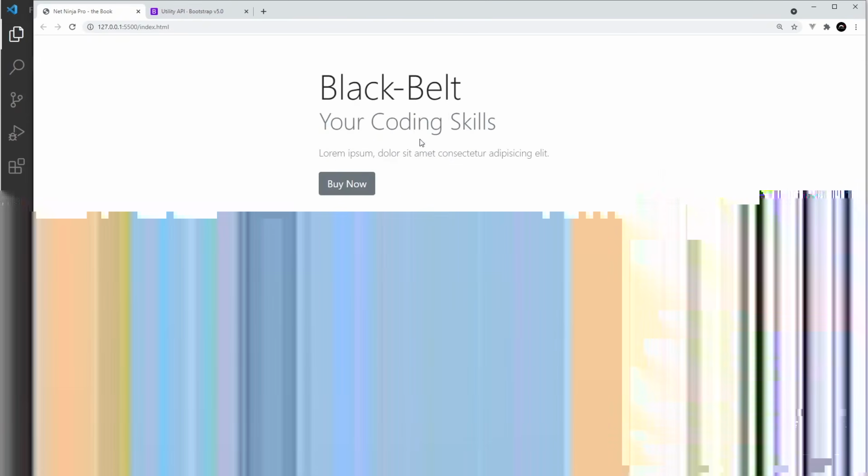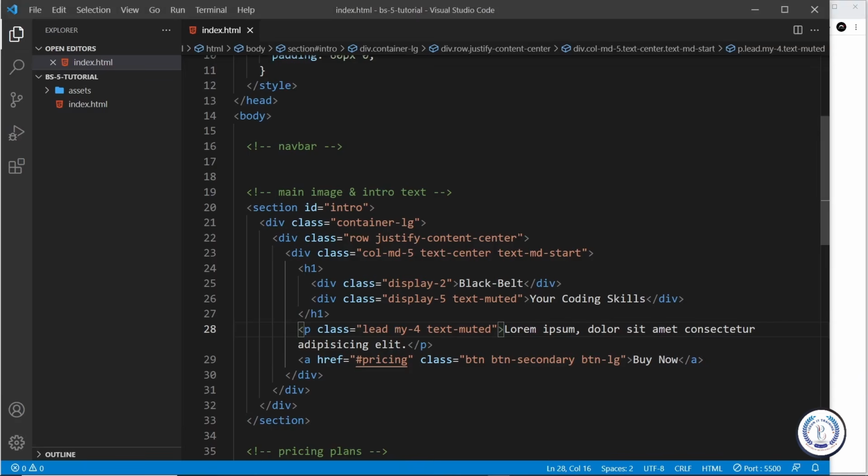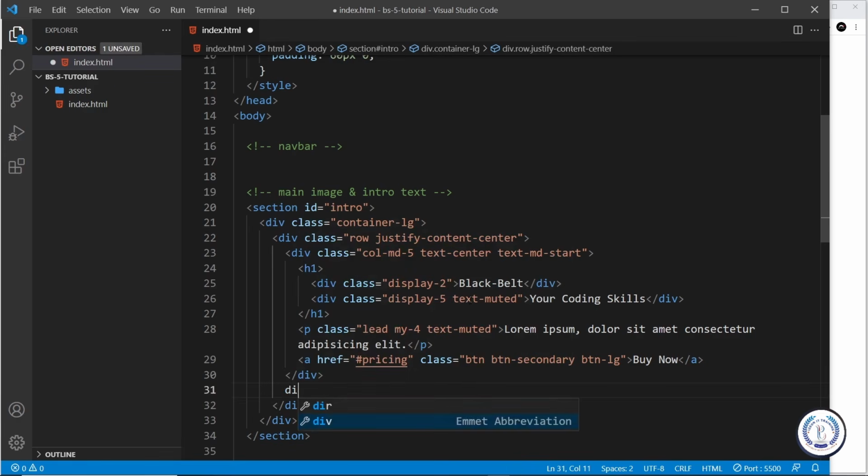Okay, so now let's do the content on the right. And by the way, this is sitting in the middle of the screen at the minute because we said justify content center, and that justifies all the columns to be in the center, remember. Okay, so let me now come down here and do another div. And this div is going to have a class of